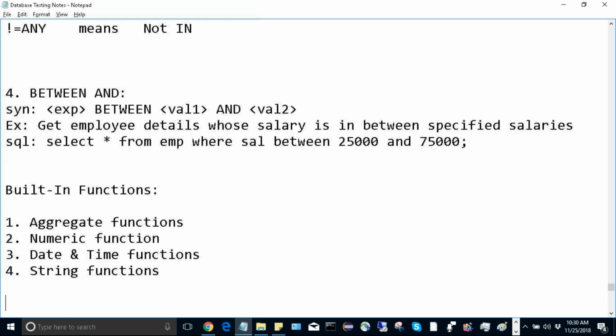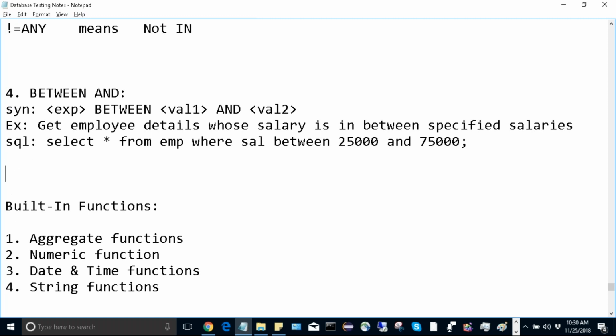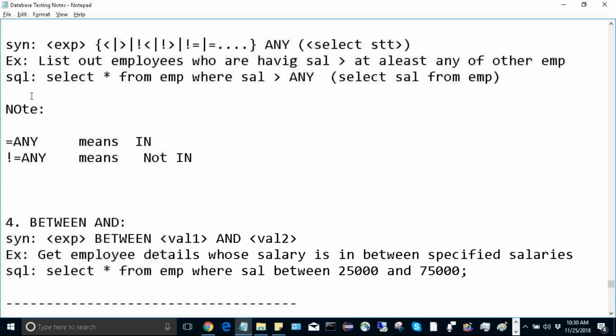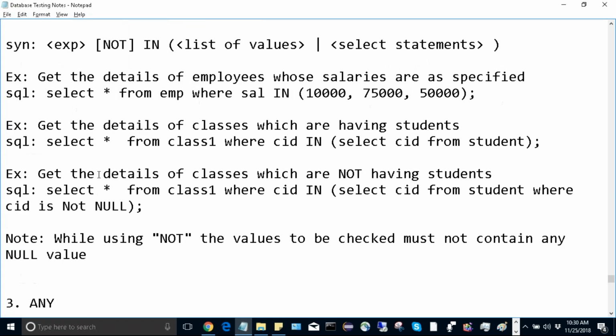So mostly these are used in select statements. That's why I'm discussing this. Otherwise it's not necessary unless they are used in select queries, because mostly in database testing, either manual or automation, 99% of the time we are going to use only select statements, and all these operators and inner queries,